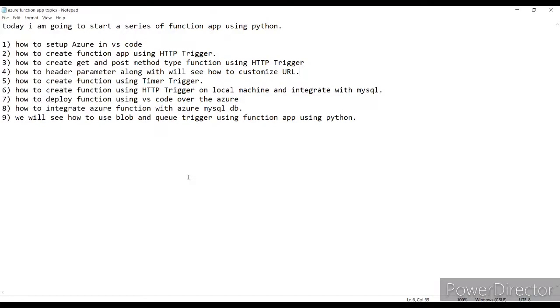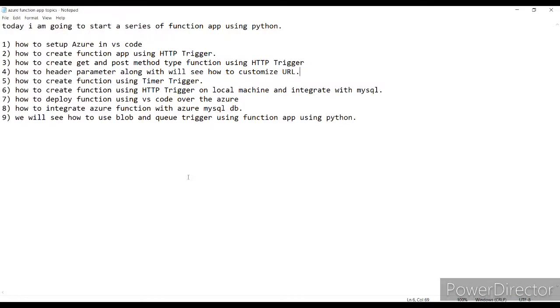For example, I have a function that name hello world, and I want to run it in every 30 seconds. So what I will do, I just go to the function app and create a timer trigger, and we need to specify a cron expression, and in that cron expression I just specify a 30-second cron expression.